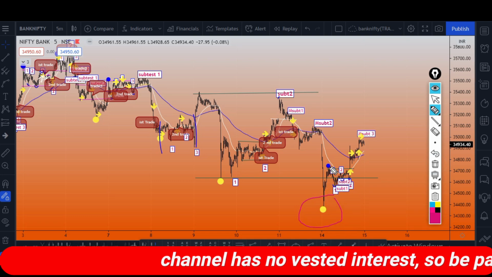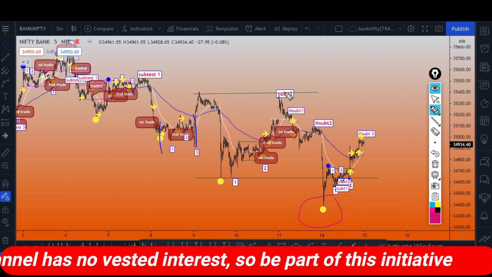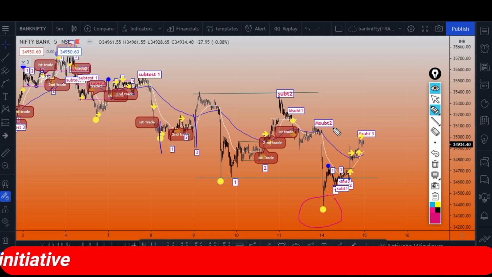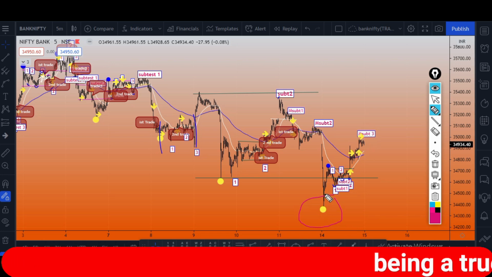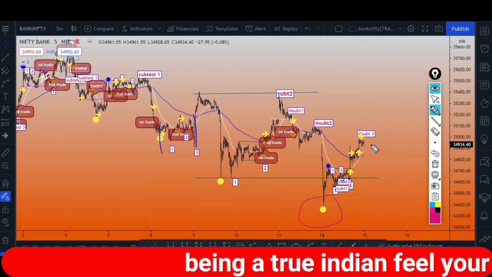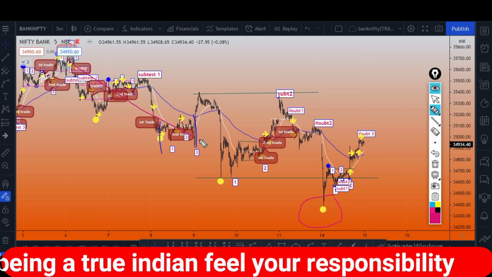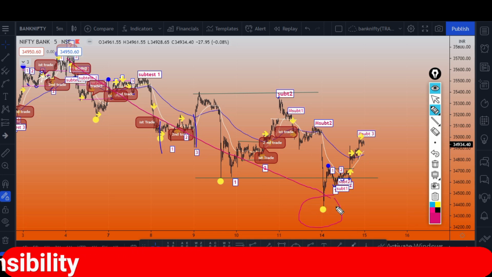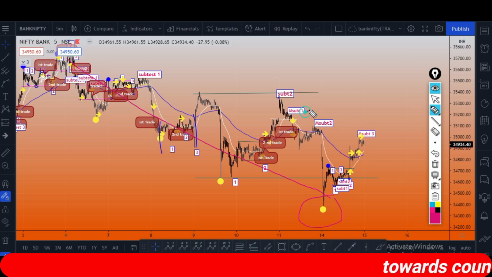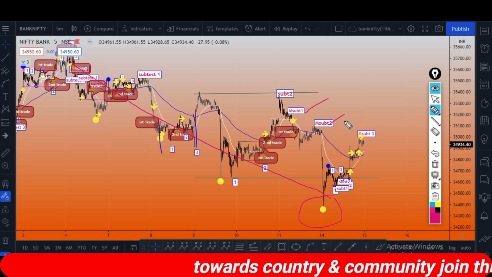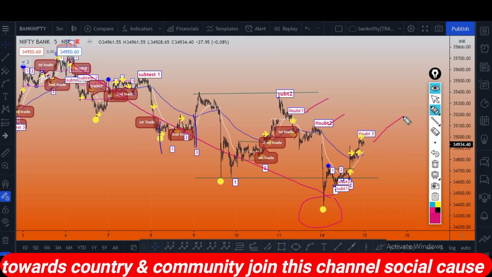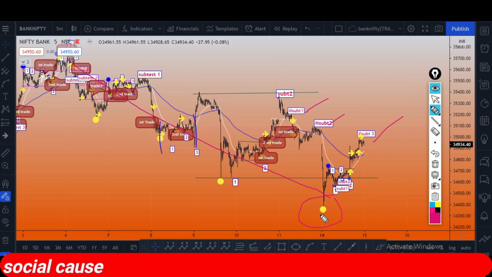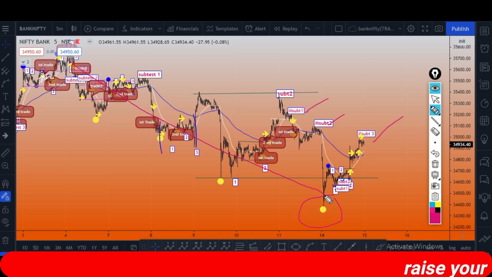Okay, this one. Now if you see here, I marked it, this is subtest 1, this is subtest 2, and I am assuming this move as a counter trend move of this downward cycle. We are in subtest 2 phase. In subtest 2 phase, we have already marked major subtest 1, major subtest 2. This point may be major subtest 3. It may change because I'm expecting the price has completed this down cycle at this point.